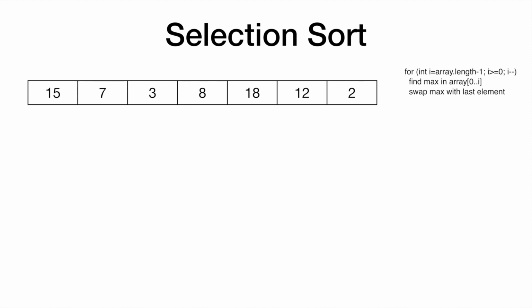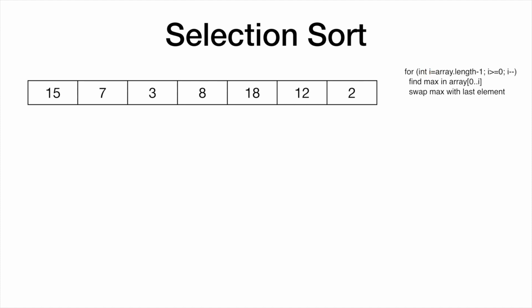So here, our little mini pseudocode algorithm over on the side says that starting at the end of the array, we're going to move a counter or a pointer I from the end all the way to the beginning, each by one step. And each time we're going to find the maximum in 0 to I. And really what that means is that we're finding the maximum in the unsorted portion of the array, and then we're going to swap that maximum with the last element, so with element